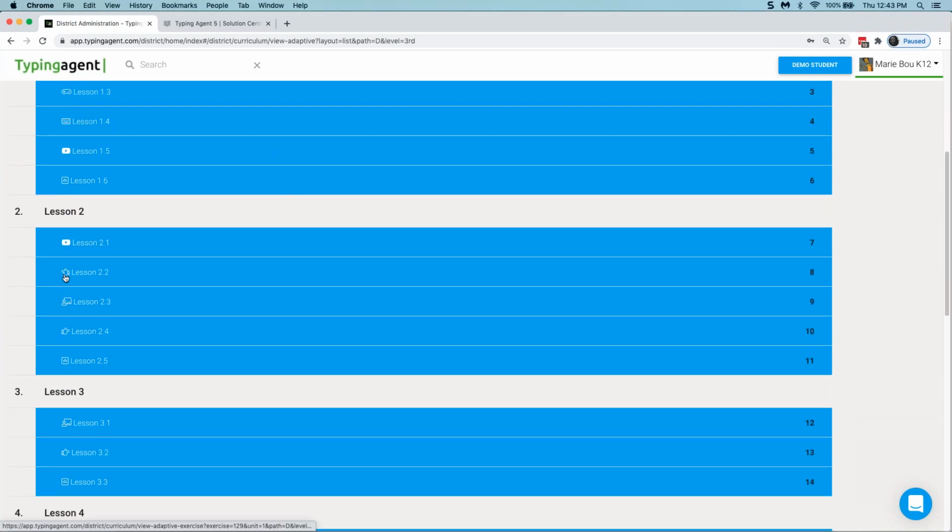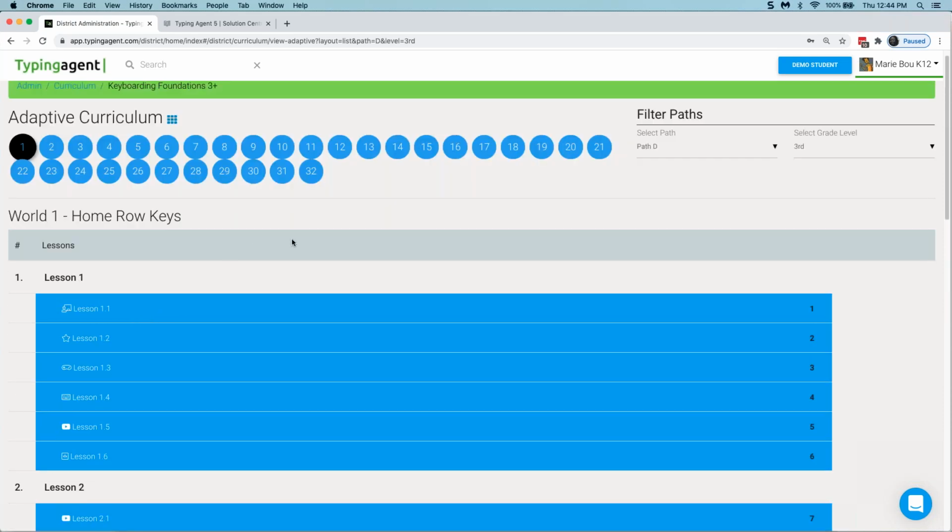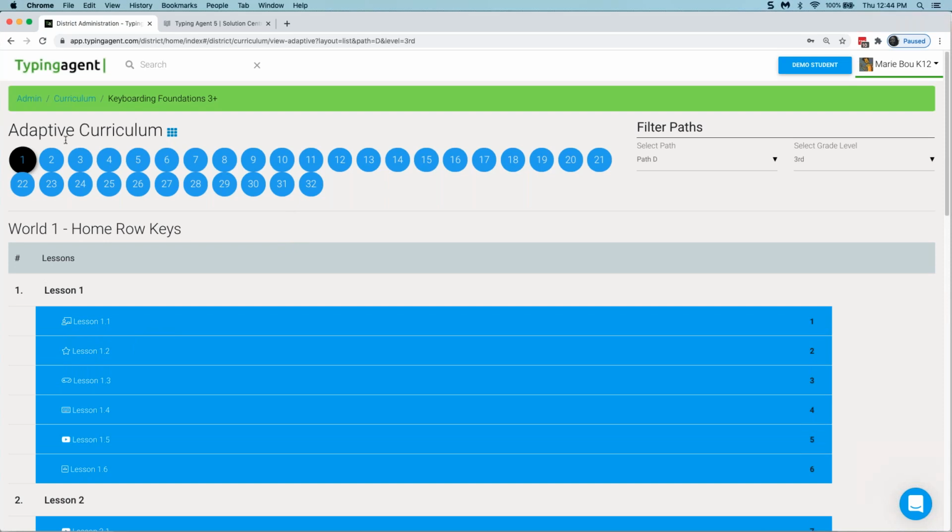Notice this here, whenever they see this, with the finger pointing left, this means that it's an anchor F lesson where they're going to have to hold the F key down on the home row and type with the right hand only. And conversely, if they have an anchor right, they have to hold down the J key and type with the left fingers only. It's important to note with the K through 2, the K students,